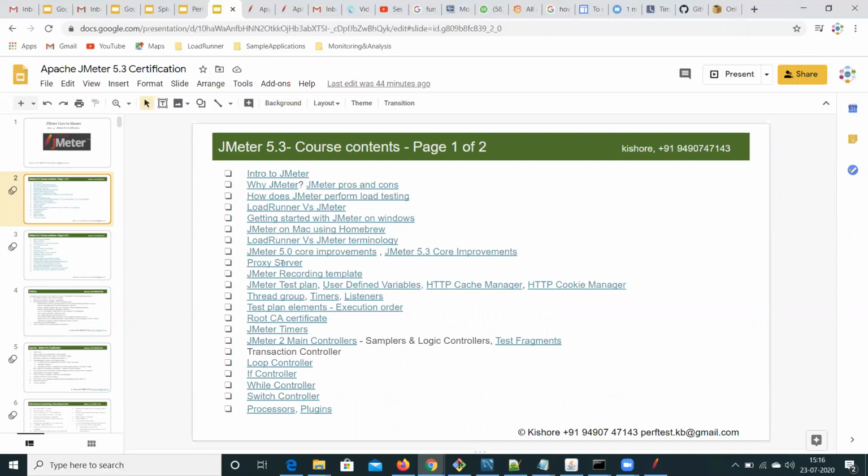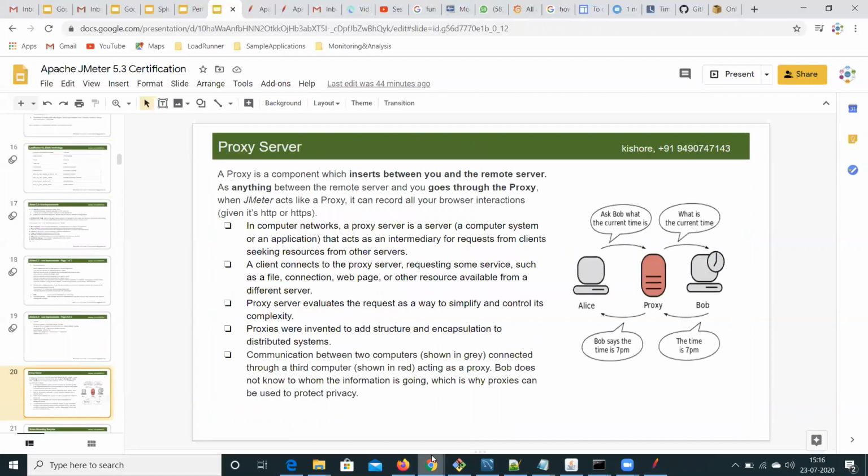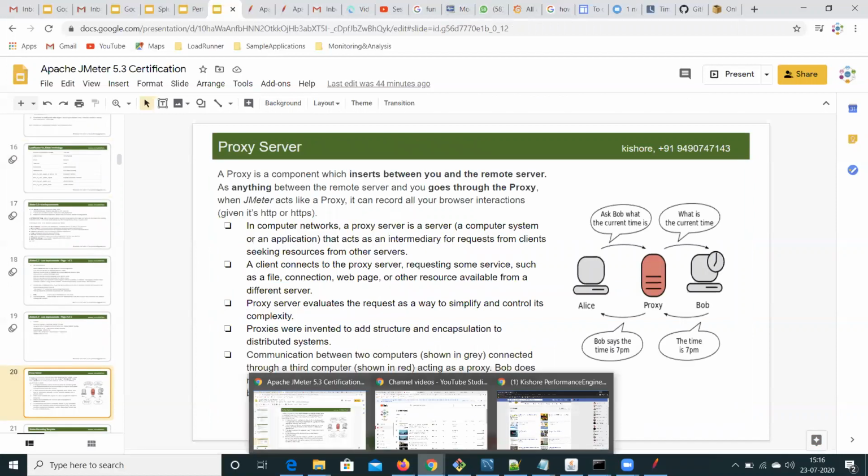And yeah, before closing this demo session, let me explain the proxy server setup. Let me explain the concept of a proxy server in JMeter, and why we need to set JMeter as a proxy. There is a lot of difference between the way LoadRunner works and the way JMeter works.